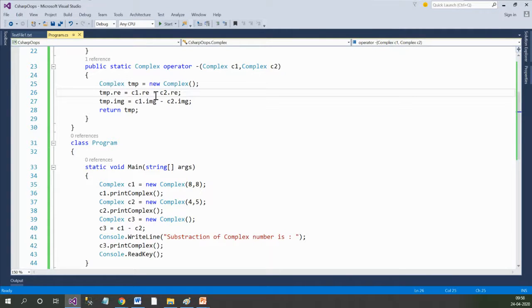And c1.real is now available, c2.real is now available. So we have performed the subtraction operation and stored the end result into temporary.real and temporary.imaginary, and then we have returned the temporary. Since we are returning the TMP, which is an object, and obviously an object can be declared with the class name and object name, since I'm returning TMP, which is of type complex, I'm returning complex here. So this way you can declare the method for